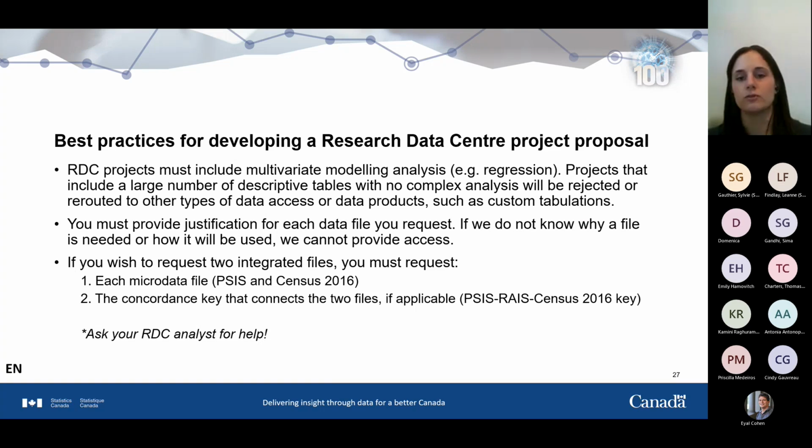And then they do a preliminary review, and then the proposal comes to our team. And our job is to evaluate the written proposal for whether it's appropriate for our data, whether you've asked for the appropriate files to answer your research questions, and whether you have all the specific files that you need to